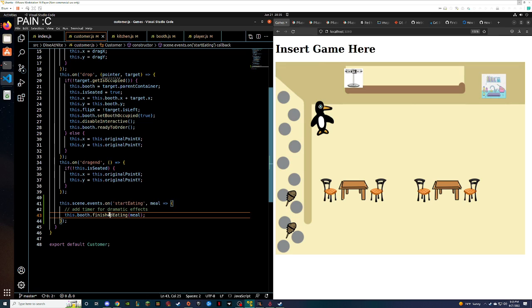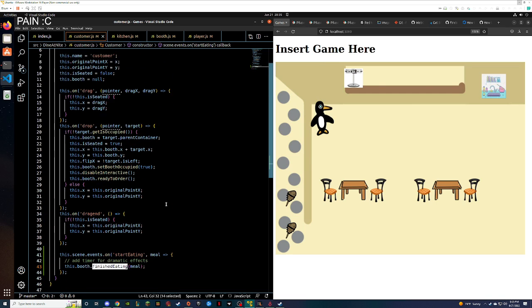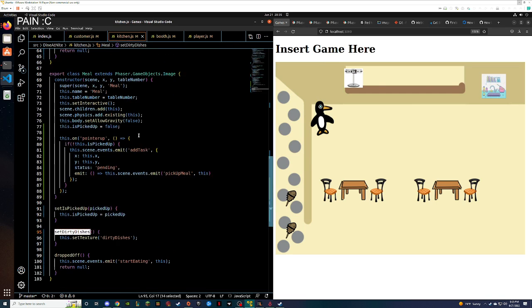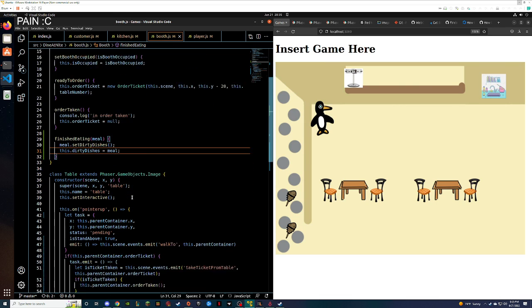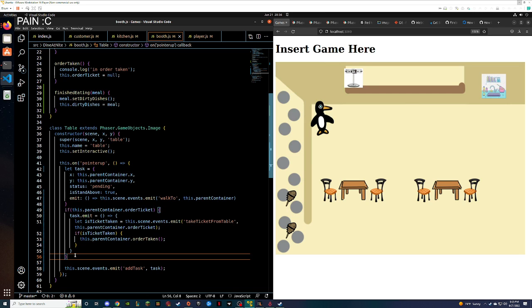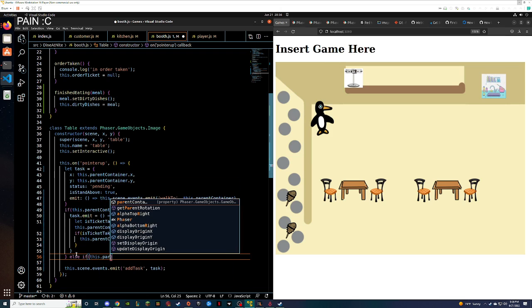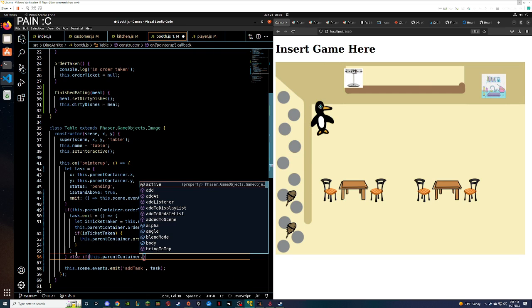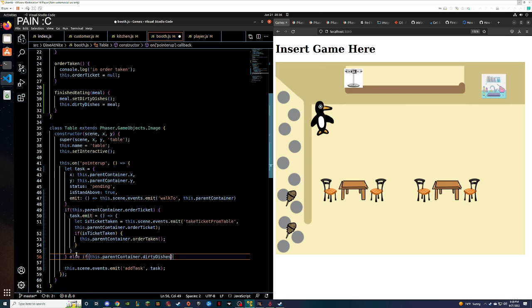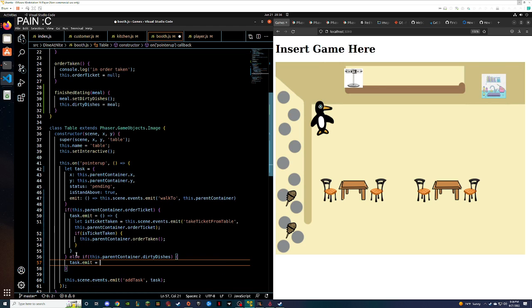Okay. So we finished eating. Yes, we did. Set the dirty dishes. So then when we click on the table, else if this dot parent container dot dirty dishes task dot emit whoopsies equals